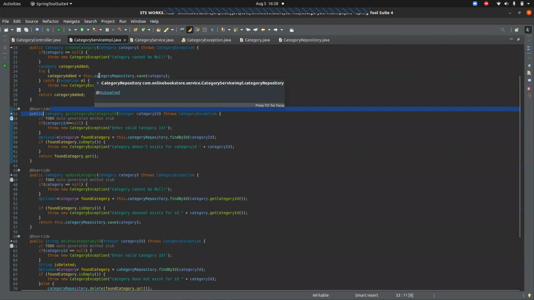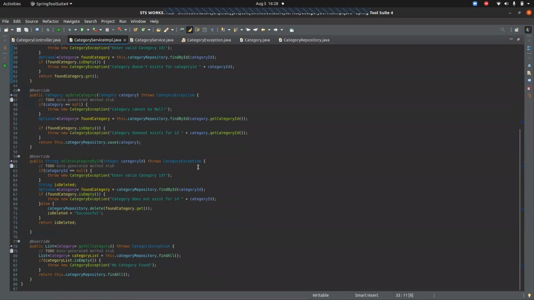If the category is added successfully, it would be added. If not, the error message comes up as category could not be added. In the same way I have performed all the exceptions. I can get the category by ID, which I have given to the category, and it again could not be null. If it exists, it shows the ID. Otherwise, it shows the error message, sir.